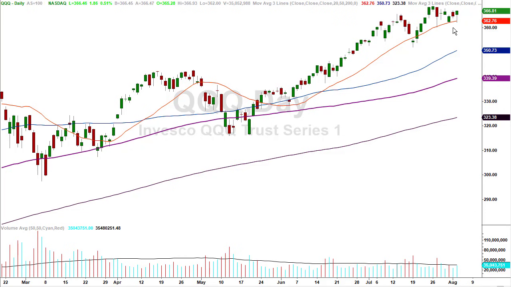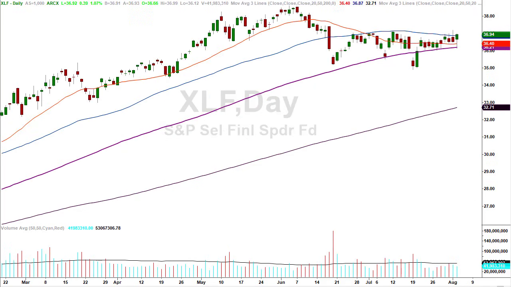Nothing really will get going in the southern direction until they at least give up or close below the 20-period moving average. They did it here one time and got back above it right away. So that's the first order of business from a daily chart perspective. As long as they're above the 20-period moving averages and all the other moving averages, then there's nothing wrong with the chart. That's it. XLF, same target, 37.41 and then 38.